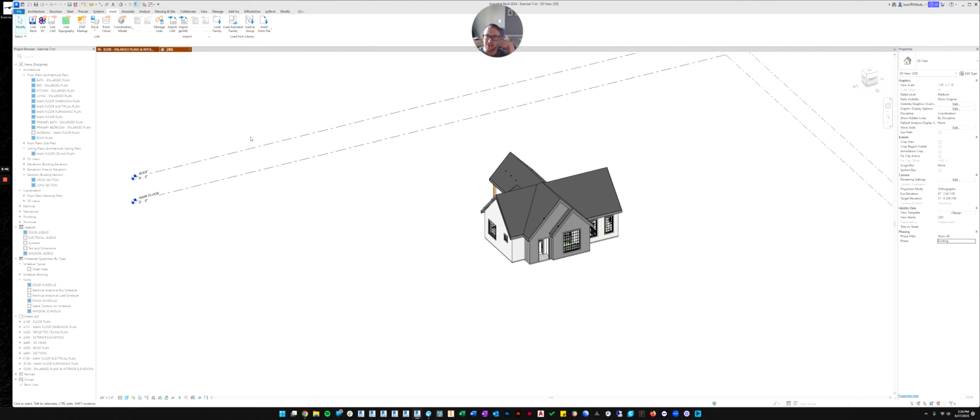It's good in the sense that if someone else is still working on the CAD file, they can give you a new CAD file and all you have to do is save the new file over the top of the old CAD file. And when you open up Revit, it will update the CAD file with whatever changes the other person made.